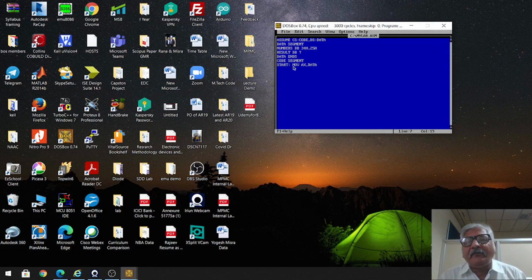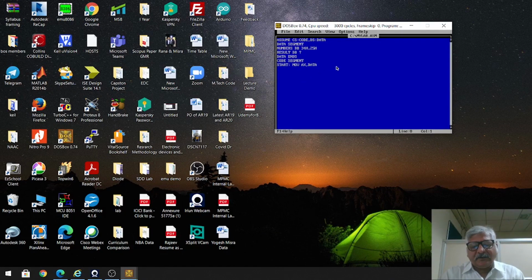Already you see here I started my program by assume CS comma code, DS comma data, and then data segment. After that I have written the 8-bit numbers, right? So automatically this software will allocate the data segment value to us, and that value is represented by data, and this value we will load in the AX register.